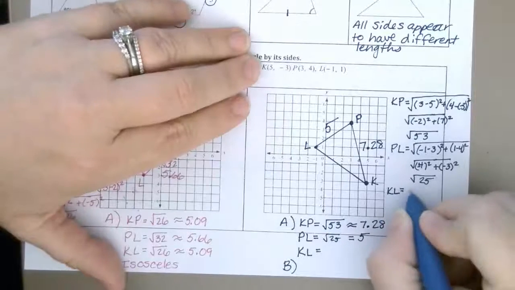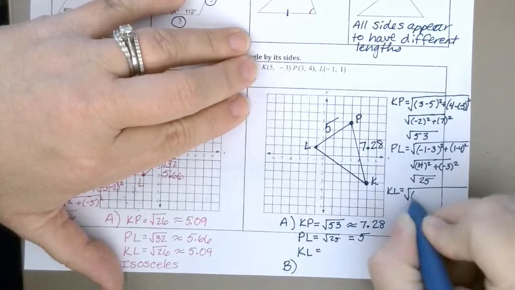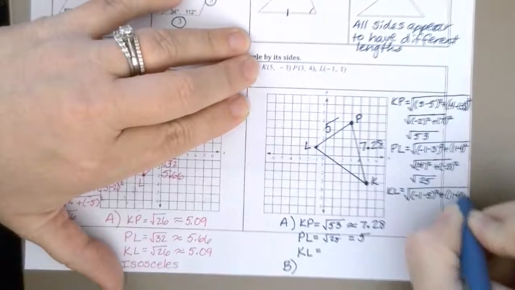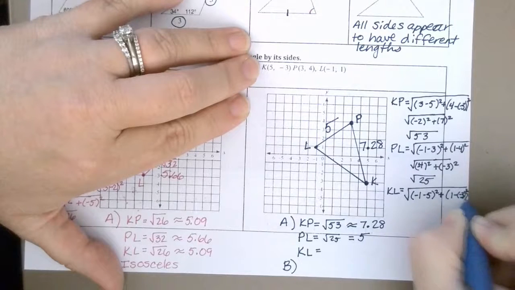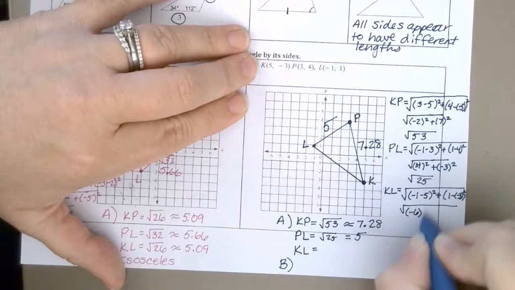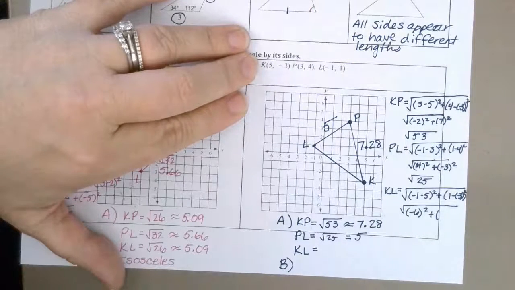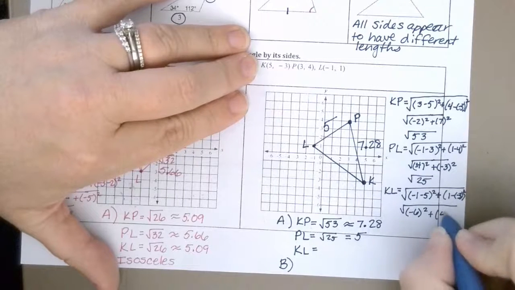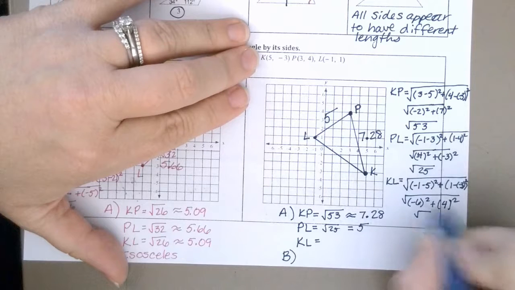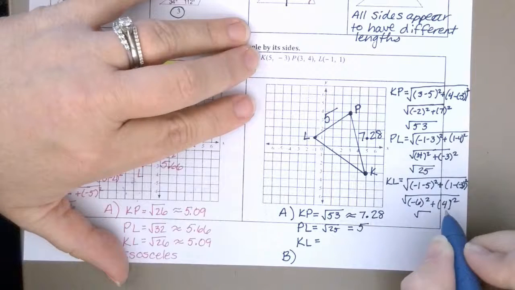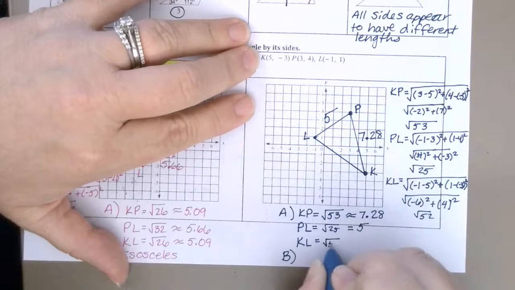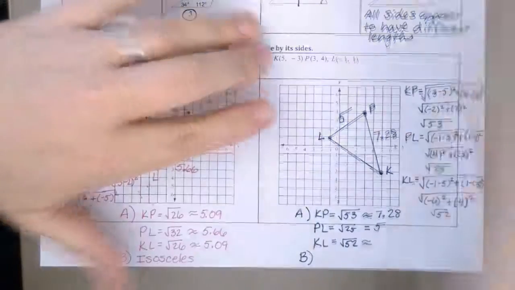KL. So let's see. Negative 1 minus 5 squared plus 1 minus negative 3 squared. Totally running out of space there. That gives me negative 6 squared. And then 1 minus, that's 4 squared. So that's 36 and 16. So that's 36, 46, 52. Which is approximately,